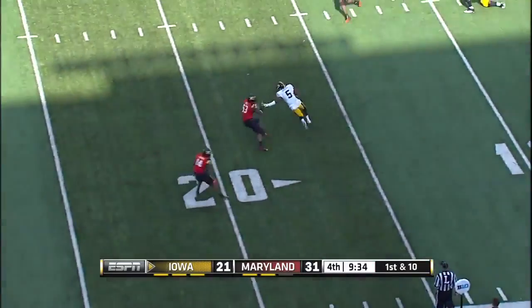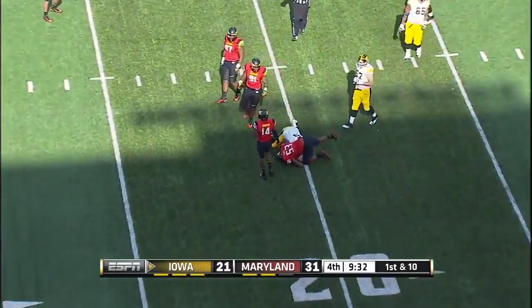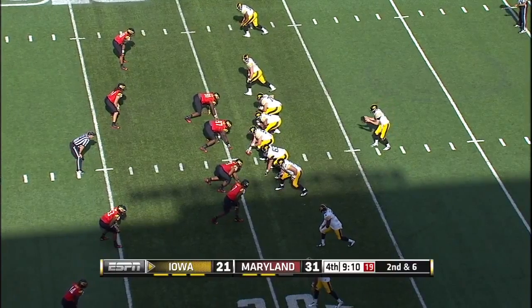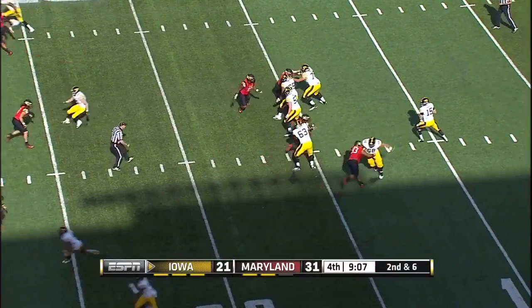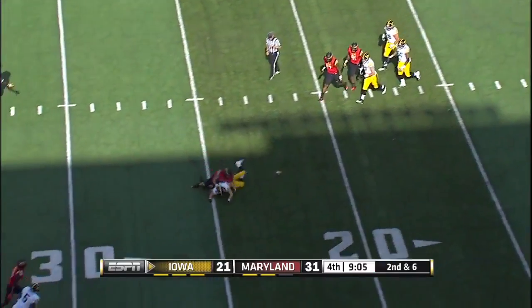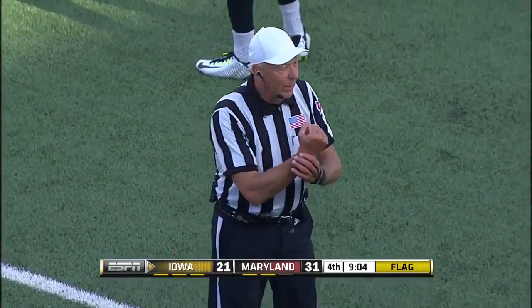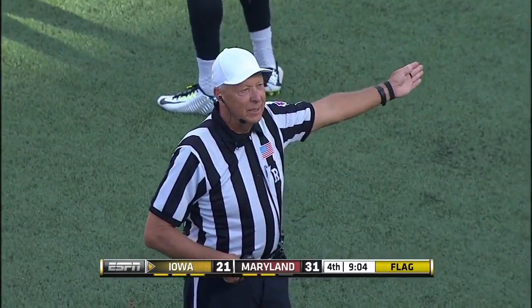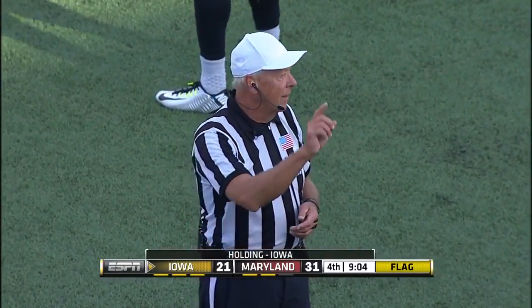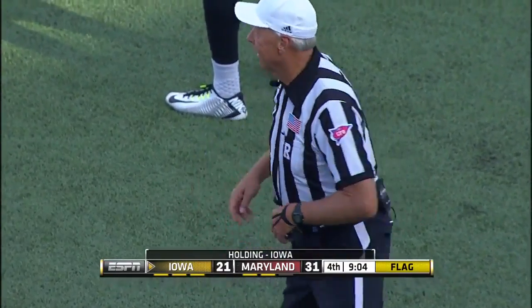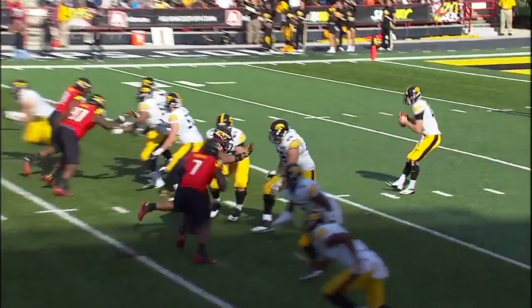And 1st and 10, the quick hitter to Bullock. All you have to do is tackle the guy that's in your area. Rudock incomplete, and to make matters worse, I think during the play, holding, offense number 63. After this to the goal line. Repeat, 2nd down. On Austin Blythe, but